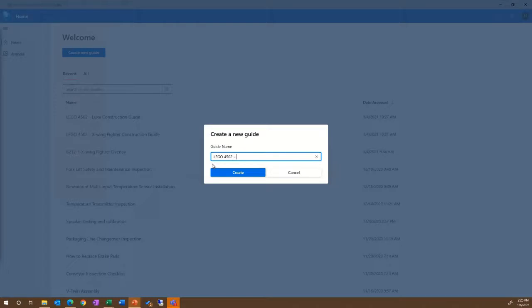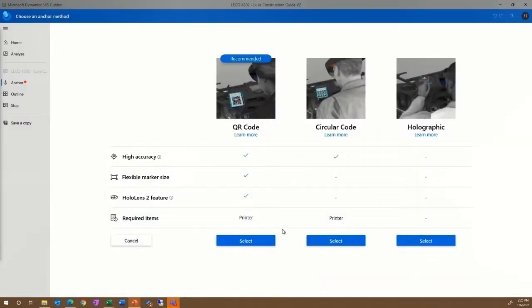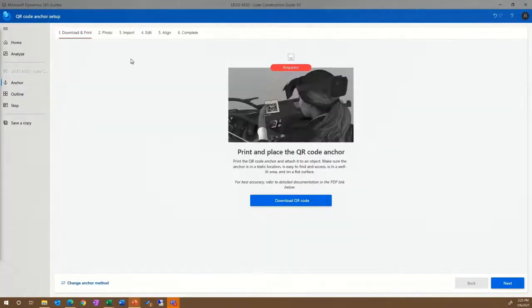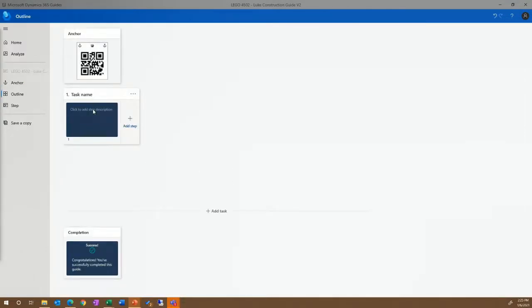and we're going to first of all just give it a name. And later on we're going to see that this guide that we create will start showing up within finance and supply chain. So if we wanted to use it for manufacturing, then we can. Now, one thing with guides is you need to have an anchor or something that you connect it to. And we're going to use a QR code that you're going to see in a second. And now we're going to create the guide.